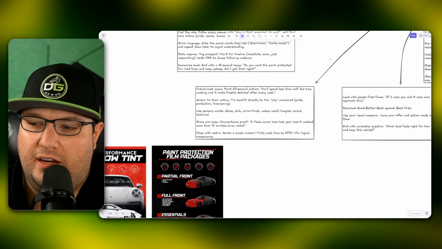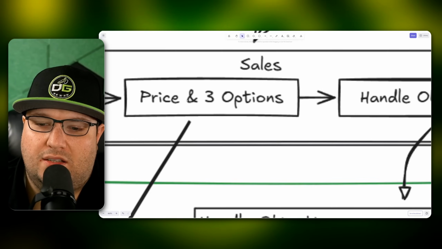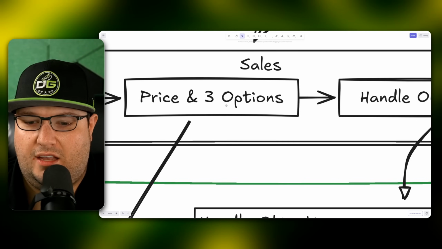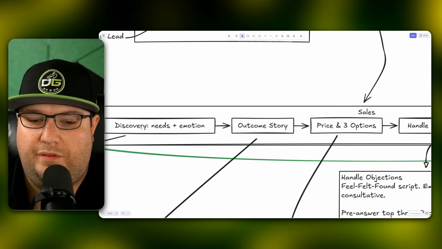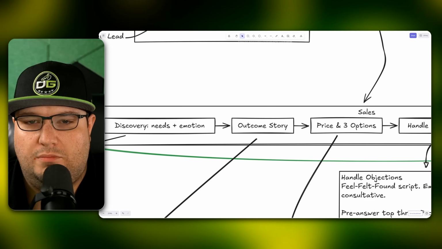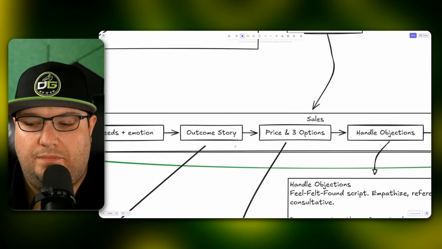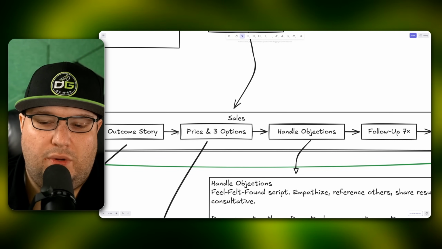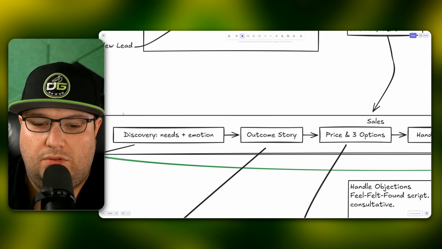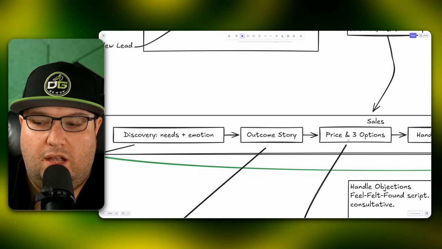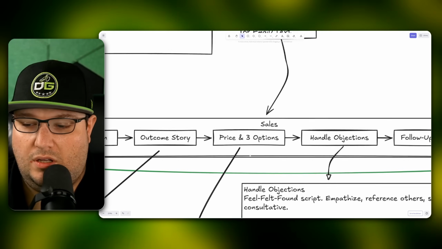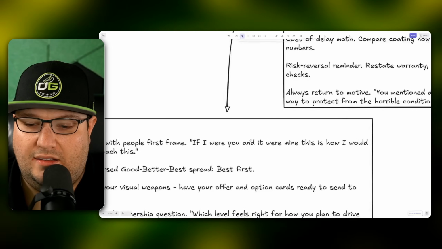So as we move along here, the next piece is always going to be price and options. This is what the sales process is. It's like, okay, we want to figure out what they need and how they feel about it. We want to show them some outcomes and let them hear about what outcomes could be. And then eventually we get to pricing. But you can't skip over the first two concepts here and jump straight to pricing. It just doesn't work that way. So when we get to the pricing,